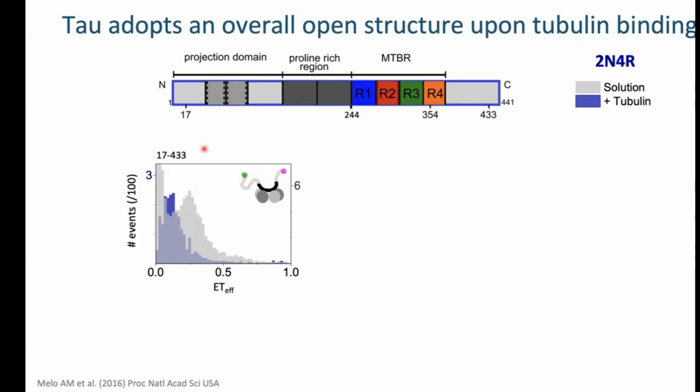So again, we start with this construct that spans almost the whole protein. You see that the FRET efficiency is high compared with the theoretical random coil protein, which would be expected to be close to 0. What this means is that you have these long-range contacts between the N and C termini. But more important, when you have tubulin, you see that the FRET efficiency shifts almost